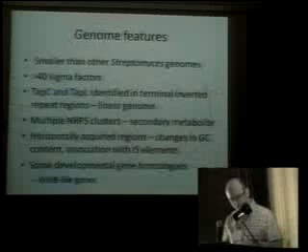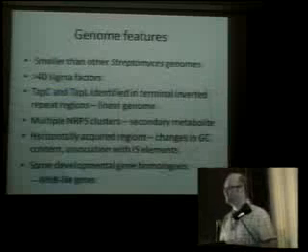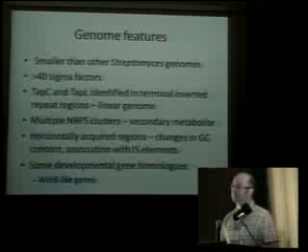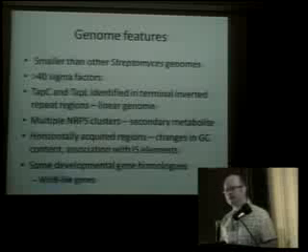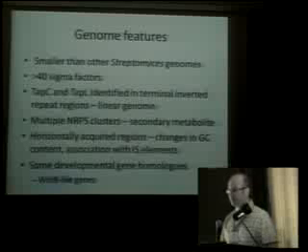So really cutting to the chase, the thing that will interest you all is what makes Streptomyces somaliensis interesting and likely to be a pathogen. Well, it has a smaller genome than all of the other Streptomyces that have been sequenced so far, and this is a trend that you tend to see in a lot of pathogens. Adaptation to living in the host, which is a much more stable environment, means pathogens tend to lose genetic material, so there is always a trend to a smaller genome in a pathogen.